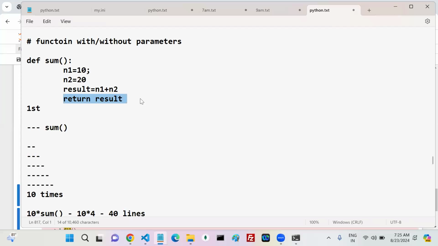So simple question. From now onwards, if I ask at any time, how does one function give the result back to the caller, what is the answer? By using the return keyword. Whatever the value, that is the return value. Using the return keyword, we can give the data or the value to the caller or not. Agreed? Everyone okay?